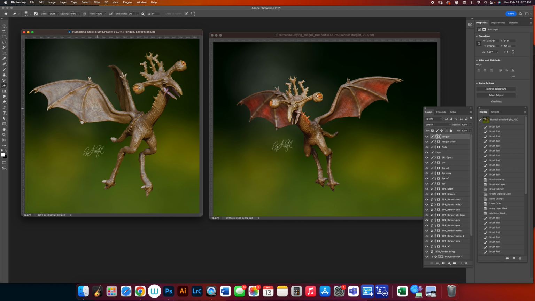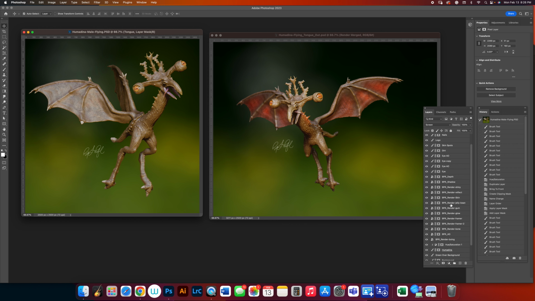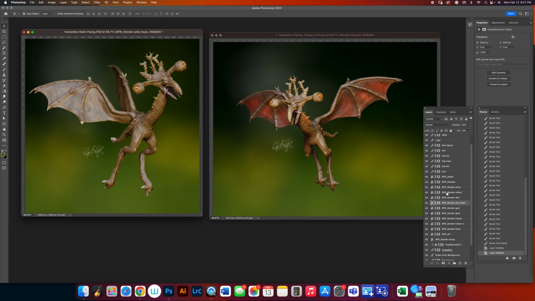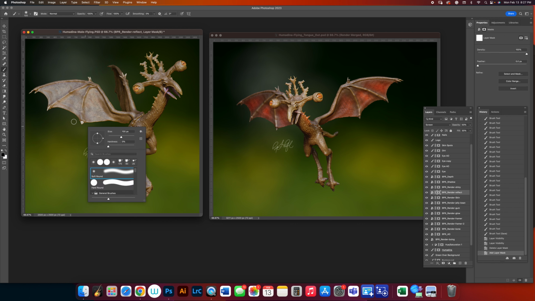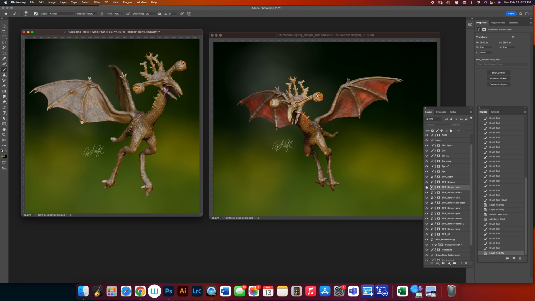I think this wing has too much glossiness to it, so I do actually want to start by masking out a little bit more of these. So I'm going to delete that mask and add a new one. And with a black brush, I'm going to mask out some. I just feel like it's too much shininess there. And on the shiny one too, I want to get rid of that mask. And then,